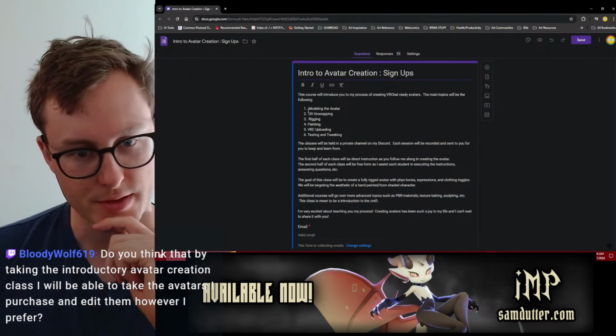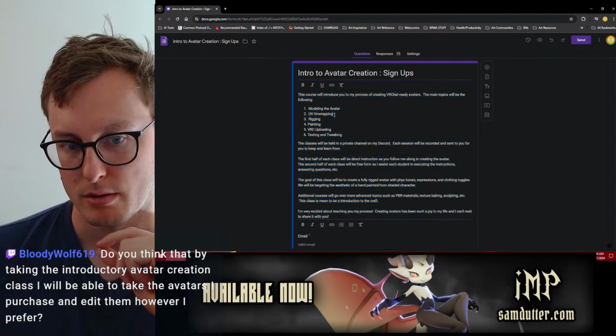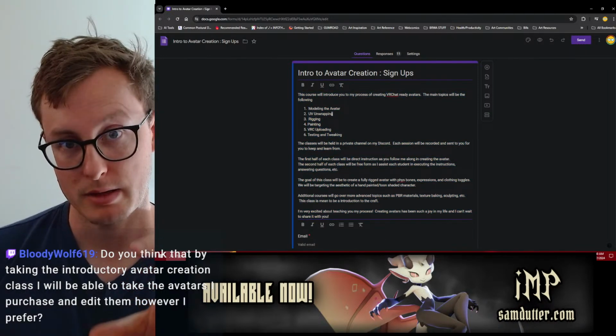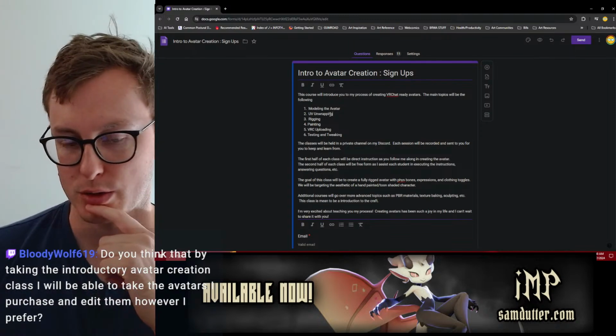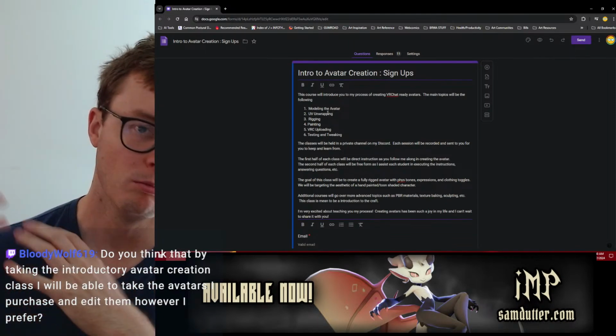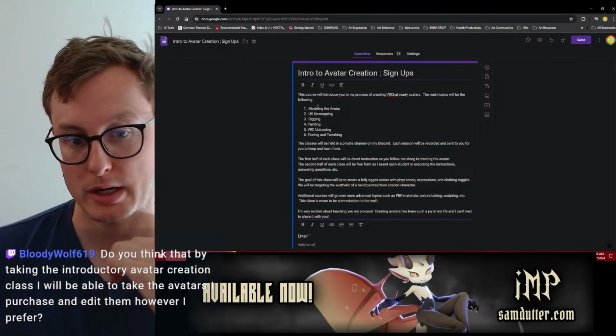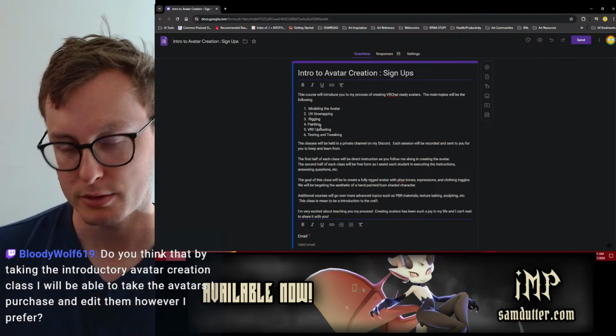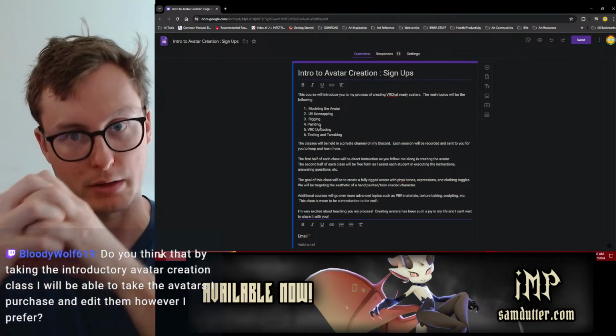So I do have this in here, but modeling is kind of the core foundation of making anything in Blender. So if you wanted to edit a mesh, so you have a character and you want to move them around, that will give you a good idea of how to edit the body. UV unwrapping and painting, those two are very intricately related.